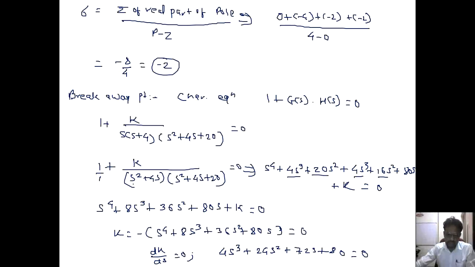So differentiation is completed. Now the value of this equation gives us the valid breakaway point. As you can see here, this is a cubic equation. So just simply solve this equation on a calculator or by the synthetic division method. We will get 3 values of s. Because this is a cubic equation, it gives us 3 s values, 3 roots.